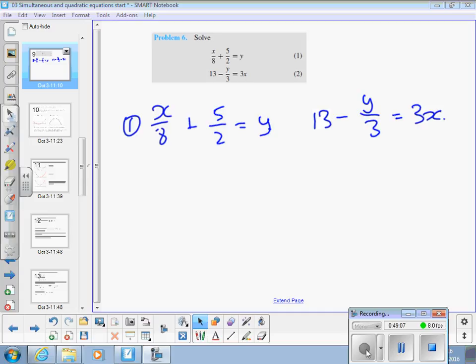Would that help? If I turn that into 8 divided by x there, would that help? How could I eliminate that 8 underneath there? If we can make it 8 divided by 8, they'll cancel out. So if I do that, the 8's will cancel and I just got x. But if I do that, I've got to